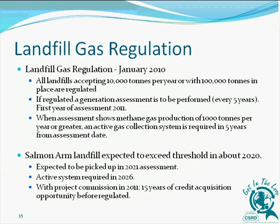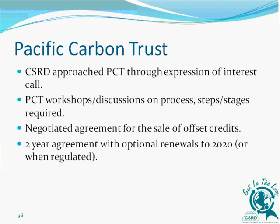What that means to us is that, again, 2011 was the first assessment. Our 2021 assessment will have picked up that we expect we would have crossed the threshold, and then we'll have 5 years to be regulated. And once we're regulated in 2026, there would be no further opportunity to generate offsets. But what that means for us is about 15 years of credit opportunity. And with that, we approached PCT,